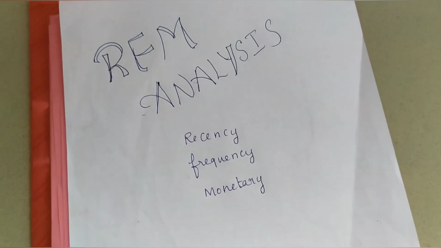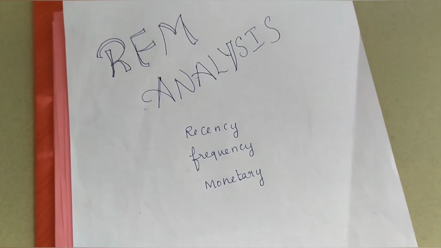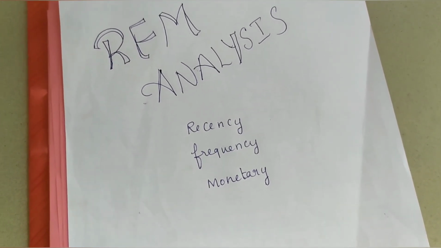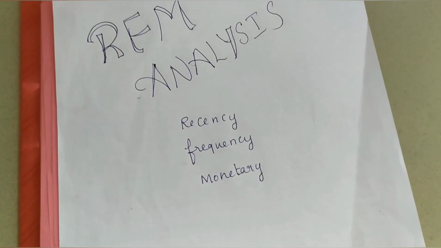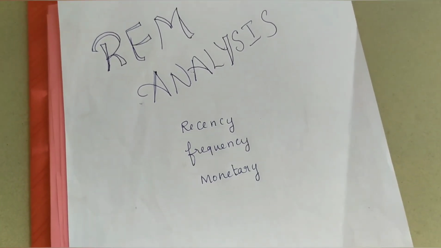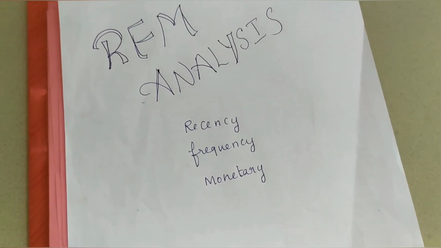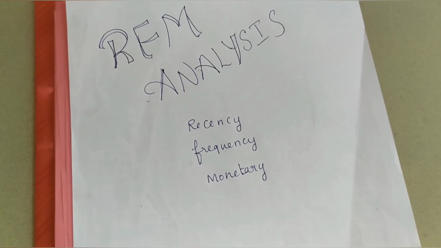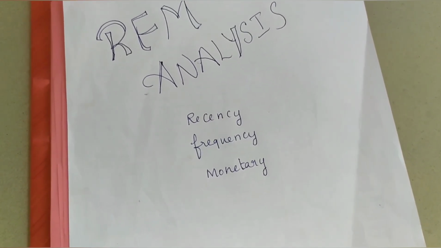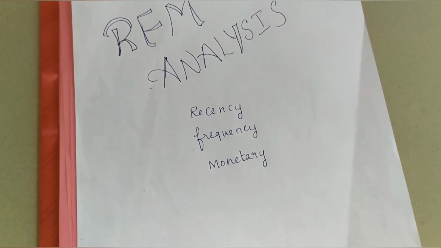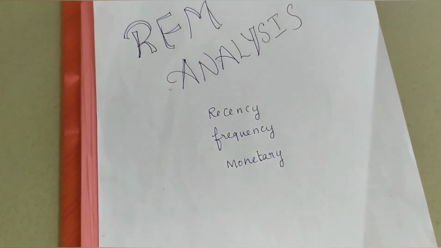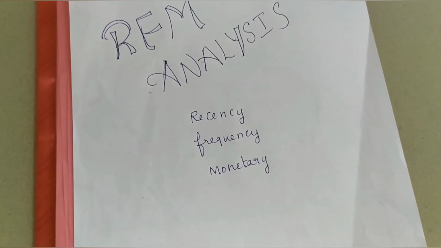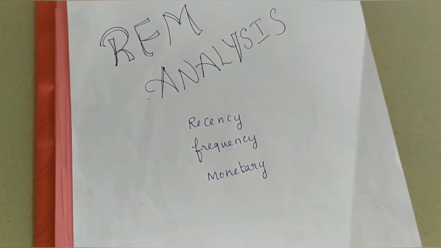Here the importance of these characteristics is given in an orderly manner. The highest importance is given to recency, that is how recently the customer has transacted. The next importance is given to frequency, how frequently the customer is transacting. And the third, an importance lesser than frequency, though not at all a low one, is given to monetary, how much amount the customer is transacting during the transactions.